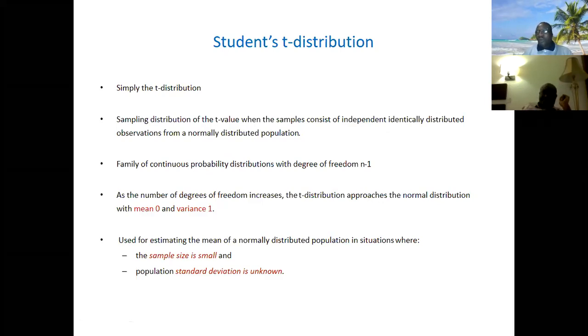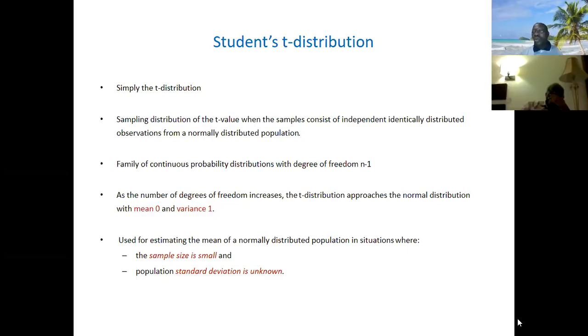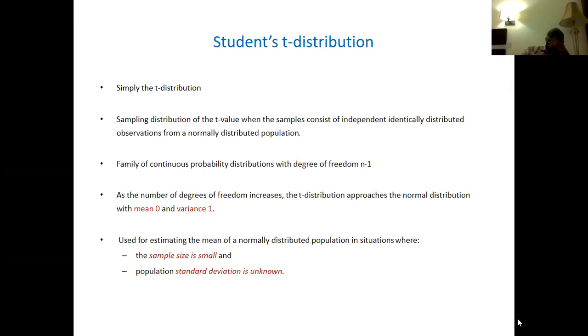For those of us that have watched the video on probability distribution in the previous lecture, a continuous probability distribution is a distribution of a variable for which you cannot know all the possible values. A variable whose possible values you cannot all know follows a continuous distribution, in the sense that if you cannot know all the possible values, there's no way you can calculate the probability of all the possible values.